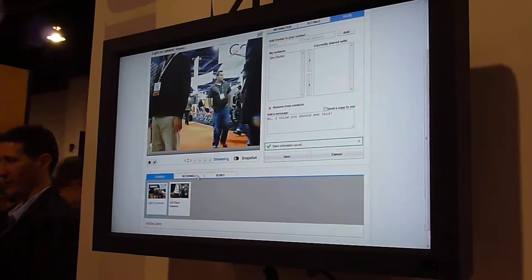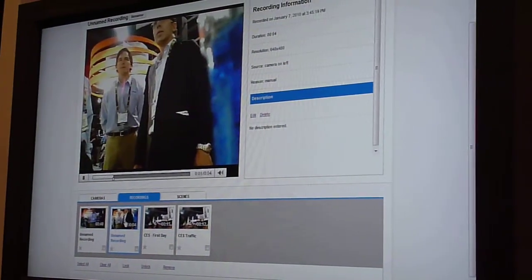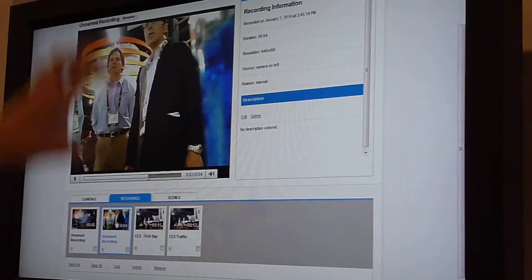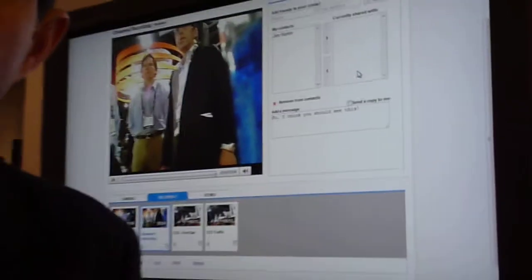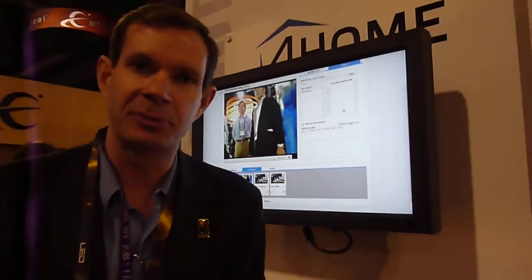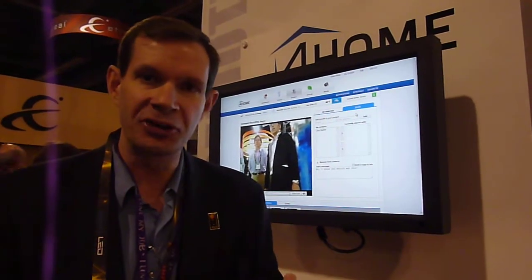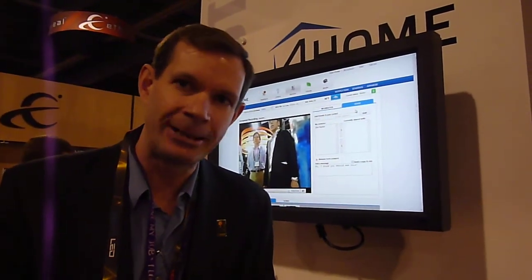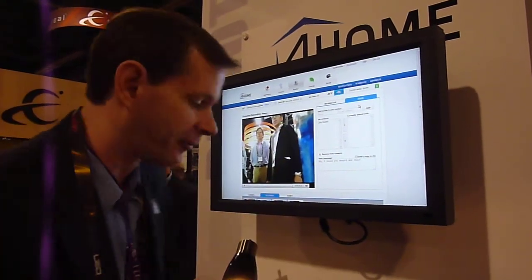We can do the same thing with any asset in our system. From a recording that we can see based on emotion, based on activity, that asset right there, that recording, if I want to share that with somebody, I can do that. The other thing about this product is we want to keep you in the experience. Because this is branded to the manufacturers of products, the importance of keeping you in that experience is key. So we let you do things within the products that really take you down to the next level of functionality.